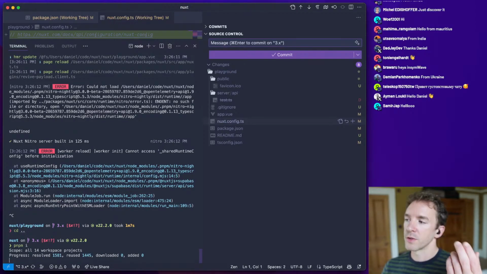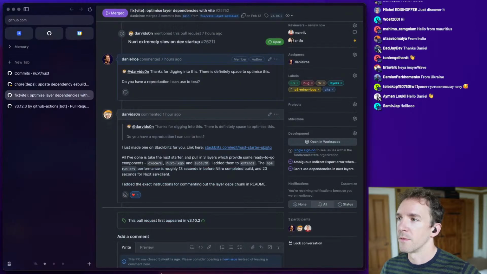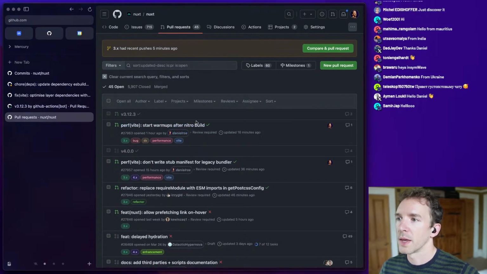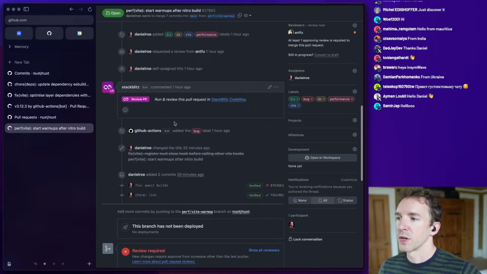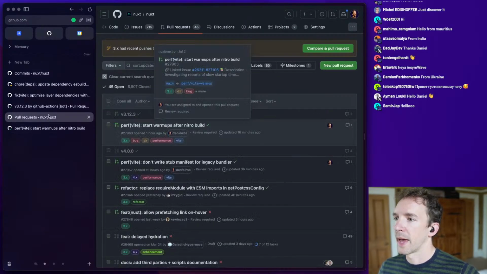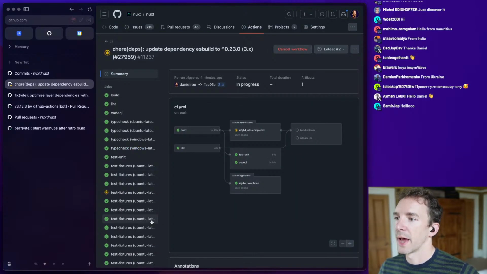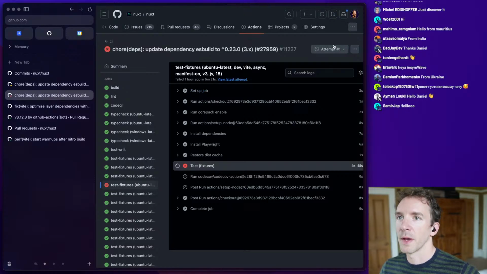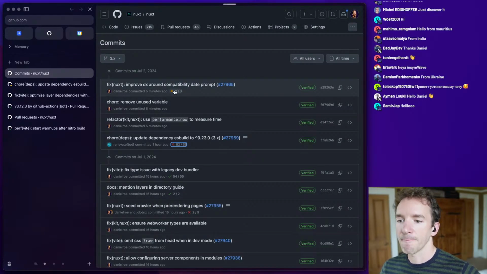There are also a few other performance-related things I've been working on with Vite dev server start. I've got a PR open here about changing the warm-up behavior, which I opened earlier this morning. And I also have a release, which I'd like to make as soon as the tests pass. So that's basically it.